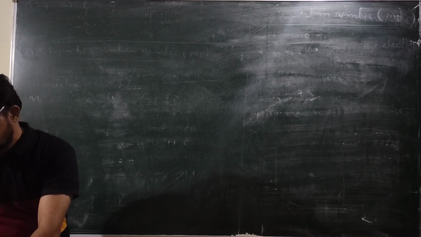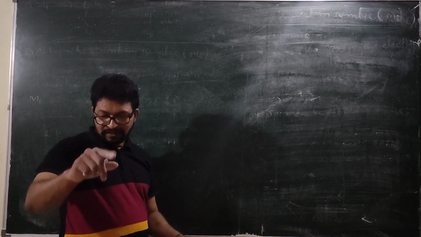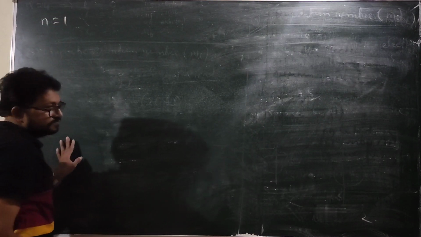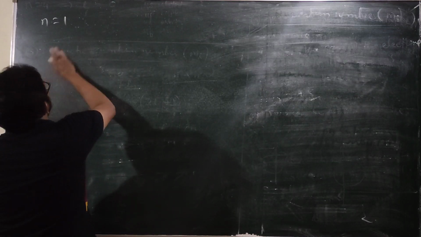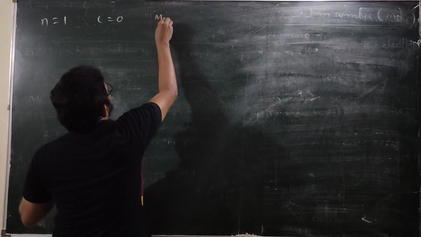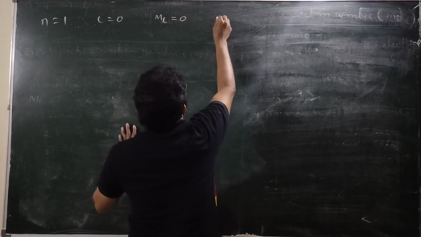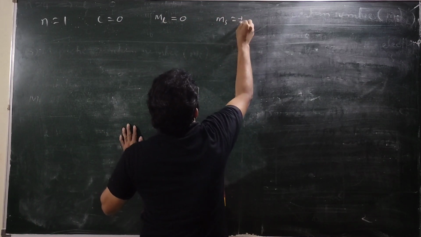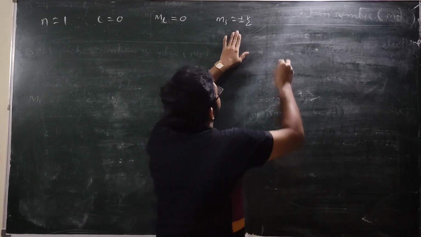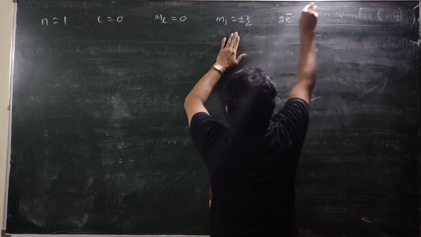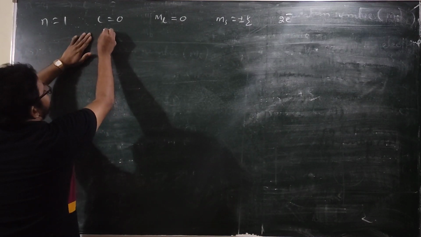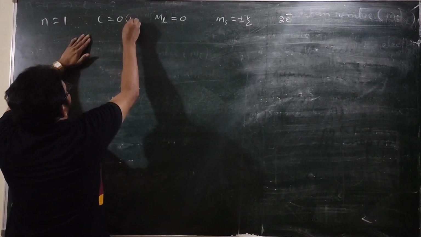Now look here, students. I will summarize all four quantum numbers we have learned in the form of a chart. Look, n equal to 1. What is the value of l? l is 0. What is the value of magnetic quantum number? It is also 0. What is the value of spin quantum number? Plus or minus half. That means 1 electron plus half, 1 electron minus half. How many electrons totally? 2 electrons. Is this correct? If you want, you can also have a notation: l equal to 0 is the 1s orbital.